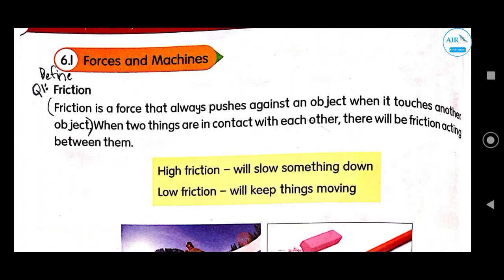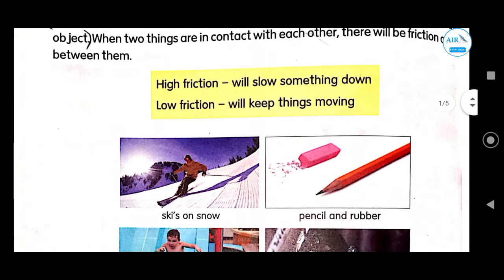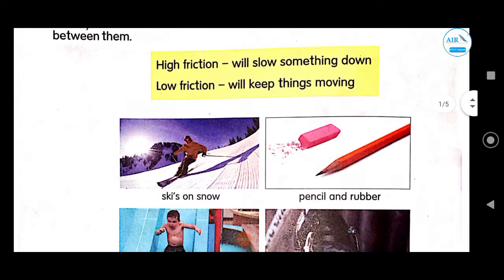Friction is somehow advantageous, as well as it has some disadvantages. So here you can see some examples of friction. So what does high friction do? It will slow something down. तो high friction किसी भी चीज़ को स्लो डाउन करने के लिए यूज़ होती है, और